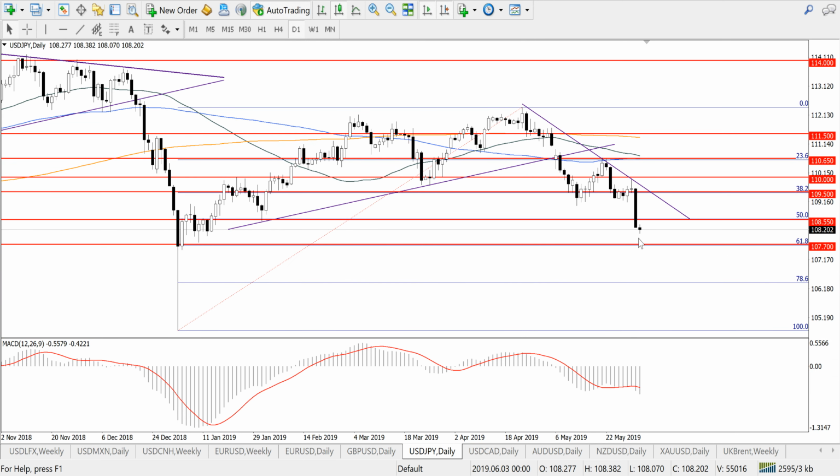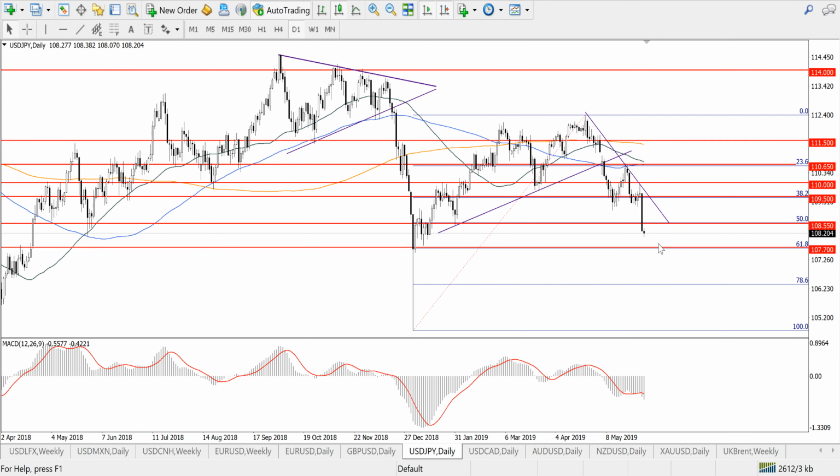So we can see that a kind of top was formed on the chart, and the market went down from the resistance line, breaking below the level of 108.55. The next level we have in mind is 107.70, and it looks likely that even if the US currency is able to recover, it will meet significant resistance in the area of 109.20,